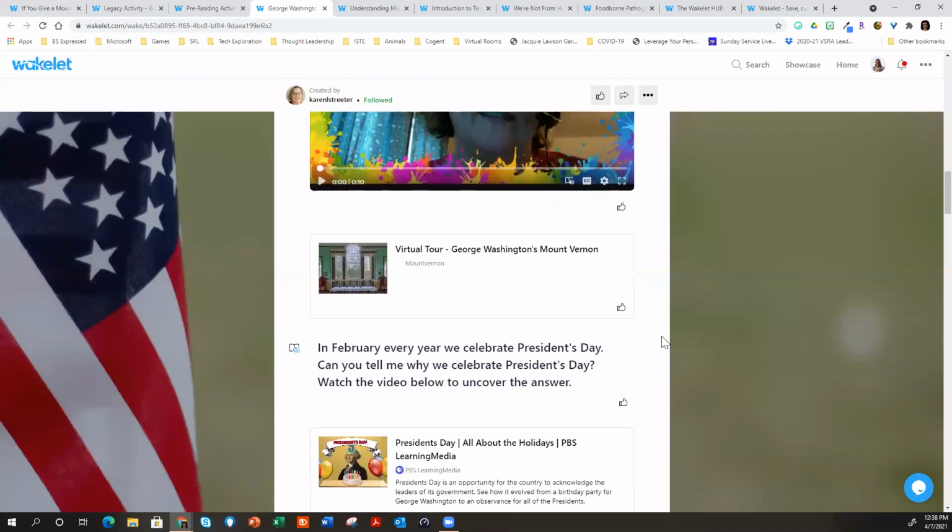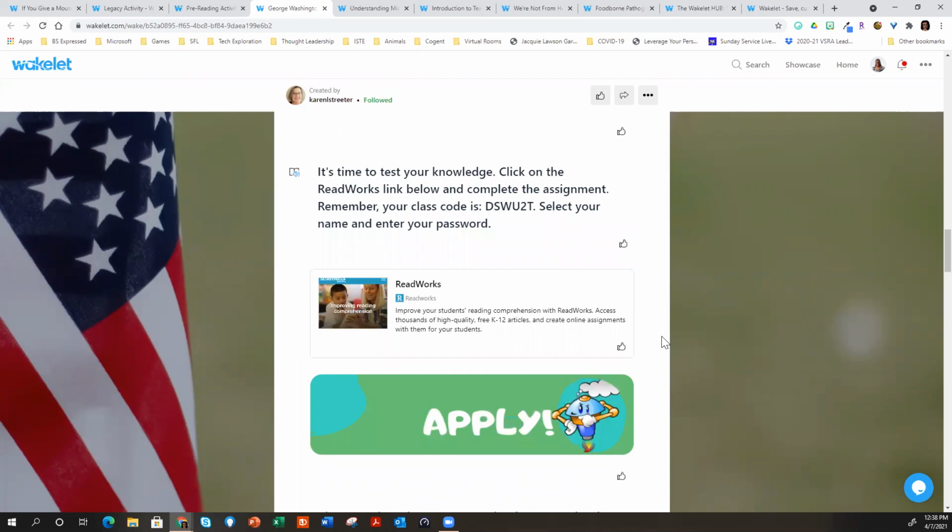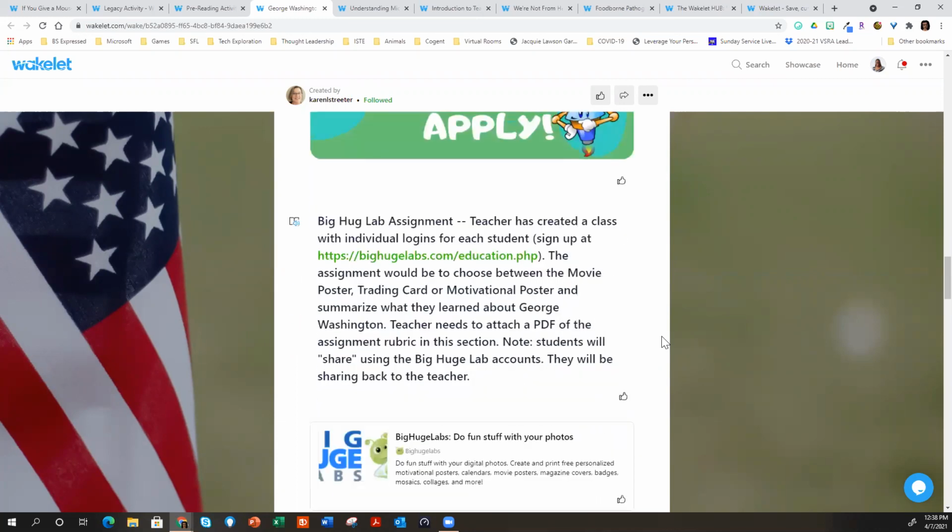This also has Big Huge Labs in it. I'm not sure if you're familiar with Big Huge Labs, but it allows a teacher to create a class on the back end. And there are lots of different templates inside of Big Huge Labs, and you can make an assignment there, whether